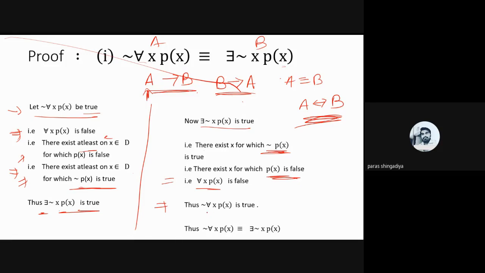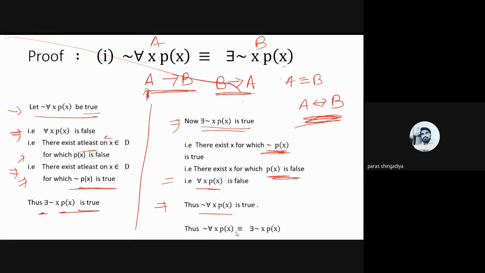Okay, that is A here, means we proved that by using B. If B is true, then A is also true. And in the first case, if A is true, then B is also true. In the second case, we proved that B is true, then A is also true. Means A to B and B to A are satisfied, means A biconditional B is satisfied, means it is a tautology, and therefore we can say that A is logically equivalent to B. Is it clear?